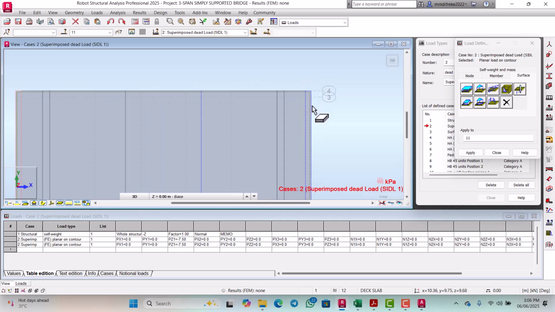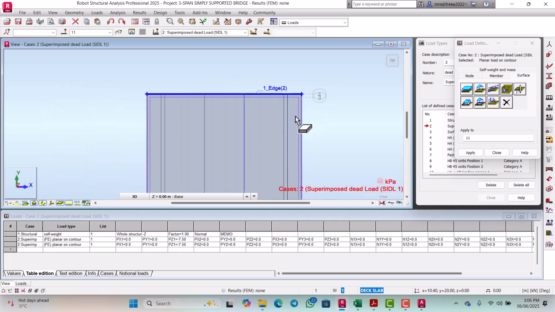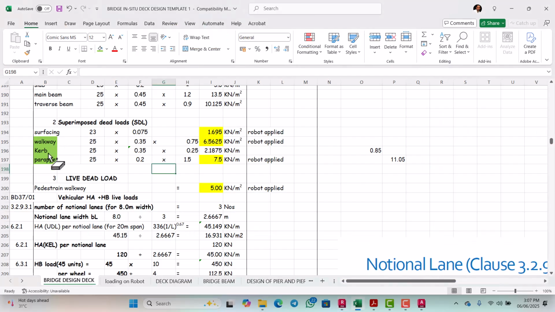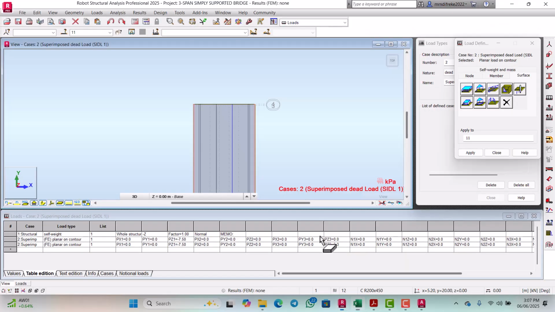Okay, so that has been defined, but we are not yet done with superimposed dead load 1. The next load that we will consider will be the curb. So let's consider the curb. The curb is 2.1875. So we go back,